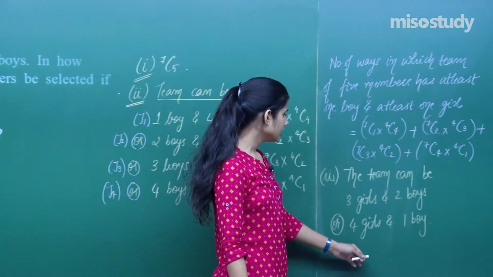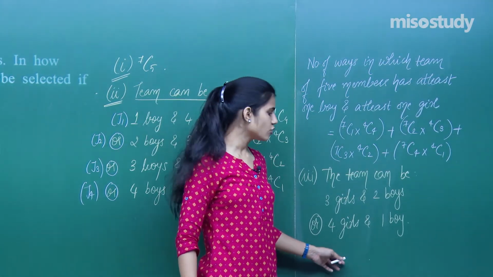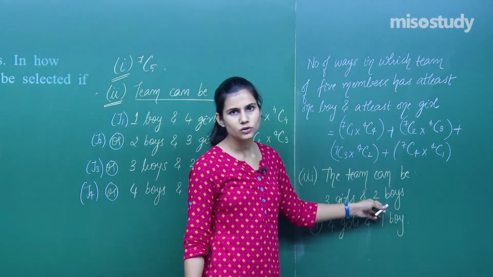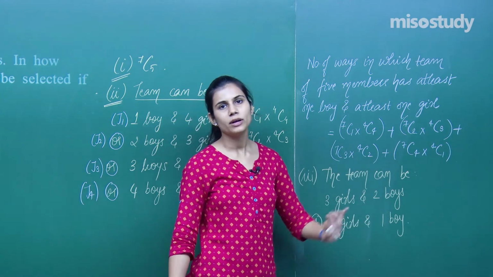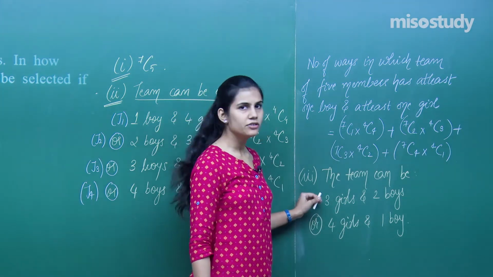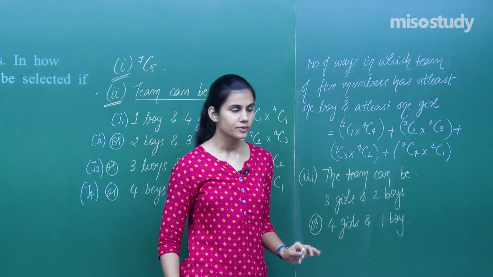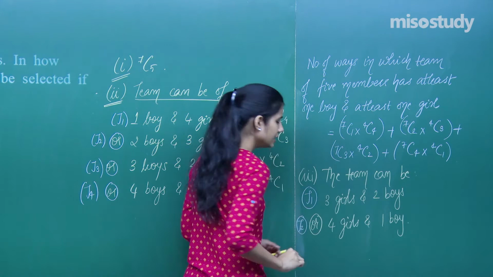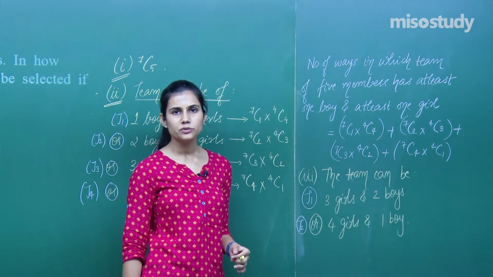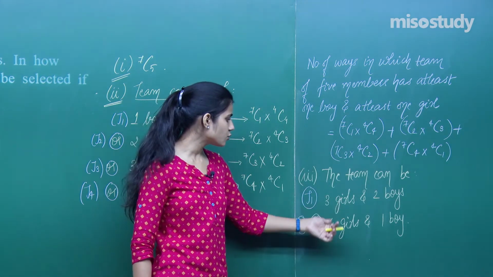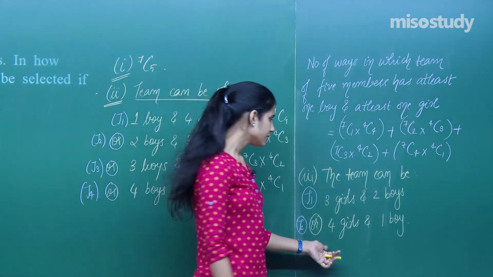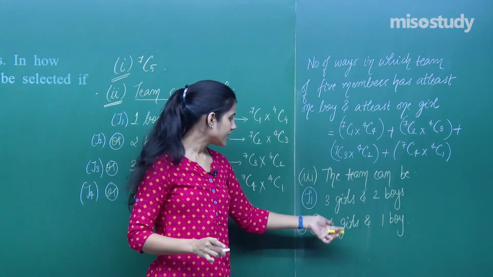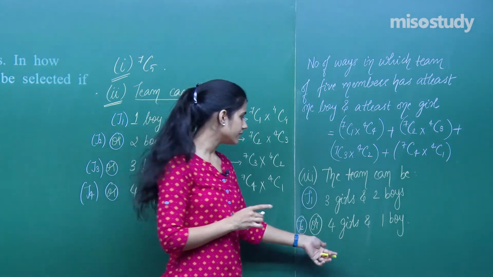You cannot keep 5 girls. In that situation, the team will have at least 3 girls, but that is not feasible because there are no 5 girls. So either you will have exactly 3 girls and 2 boys you have to keep, or 4 girls you can keep and 1 boy you have to keep. These are the 2 situations in which there will be at least 3 girls in the team. Now this is my job 1 and this is job 2. The task of forming a team of 5 members in which there are at least 3 girls can be done in either this way or this way, right? This task can be performed either in this way or in this way.